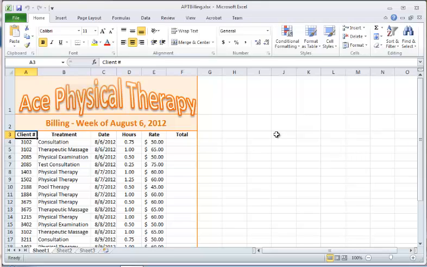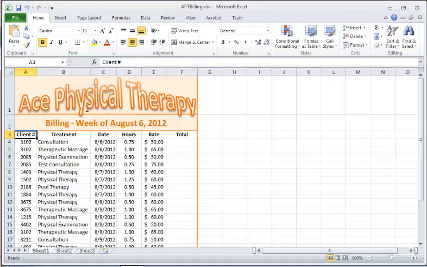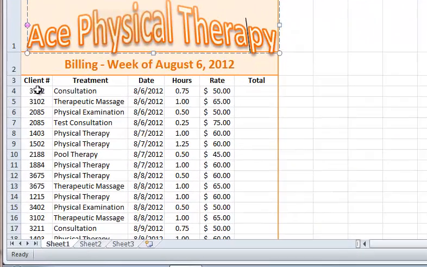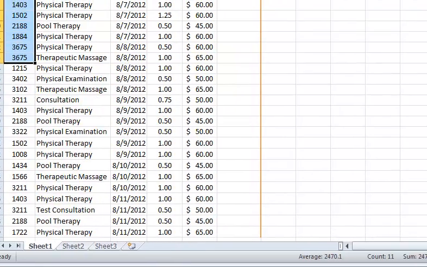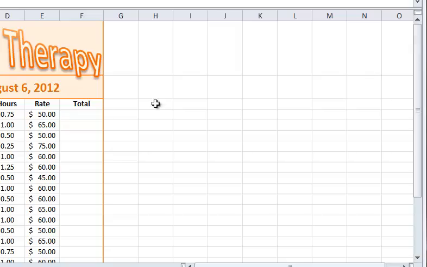Project 3 mainly is about working with large data, including sorting and filtering. So in this table we have client number. This is about physical therapy office records here, and then we have client number. So we have a number of clients. So we have almost 30 clients, and then each client had